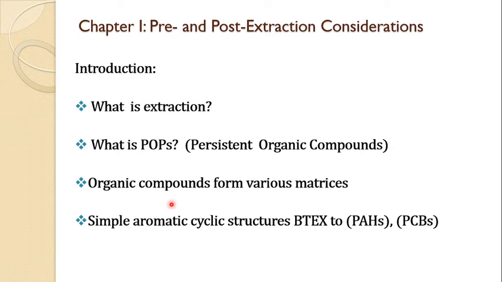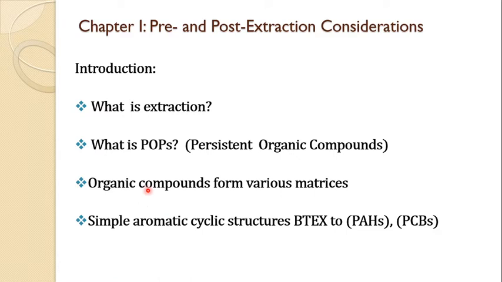So in this section we have to study only the isolation or extraction of compounds of interest. Which types of compounds are we interested in for the extraction? That is the POPs. POP is nothing but persistent organic pollutants. Where is it present? It is present in the soil, in the air, in the liquid, and also in foodstuff. So mainly it is the organic compounds which we have to extract from these materials.